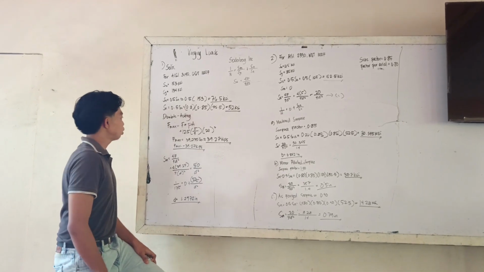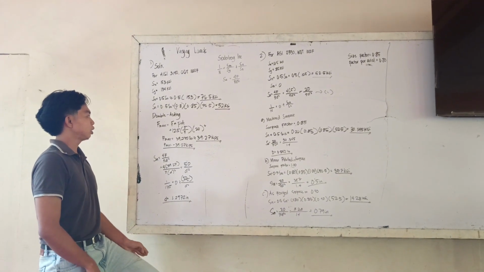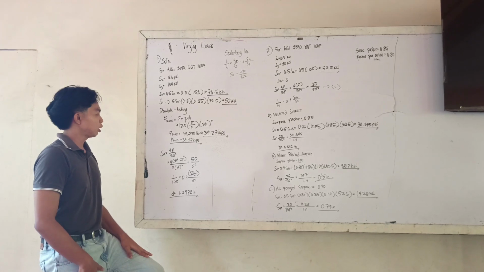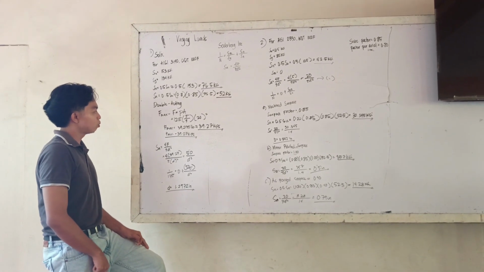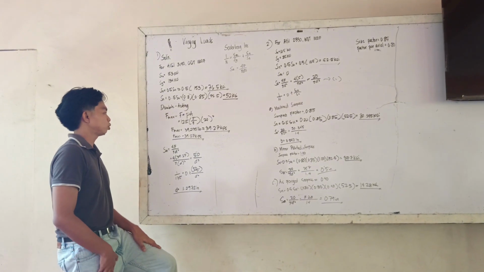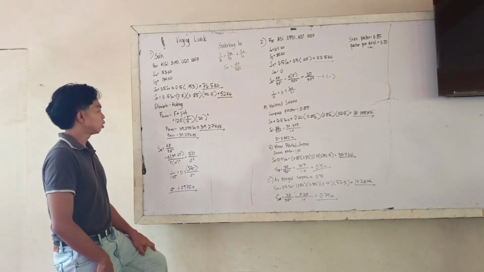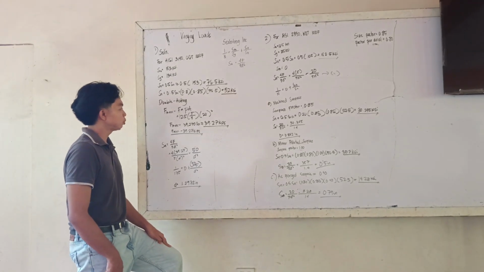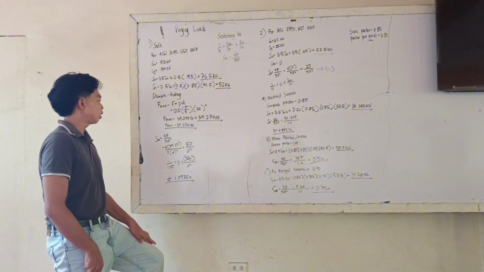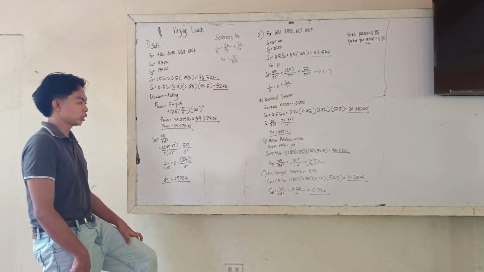And then for the double acting, Fmax is equal to F, and then it is equal to PA. So 125 multiplied by pi over 4 multiplied by 20 squared. So Fmax is equal to 29,270 pounds, and then in kgs it is 39.27 kgs. Then for the Fmin it is negative 39.27 kgs.